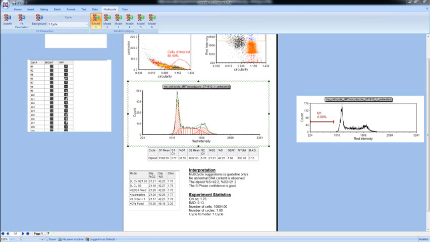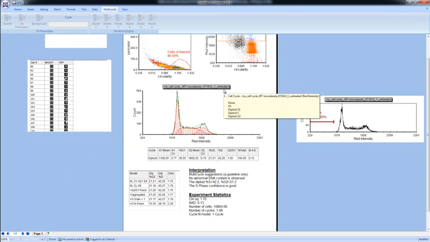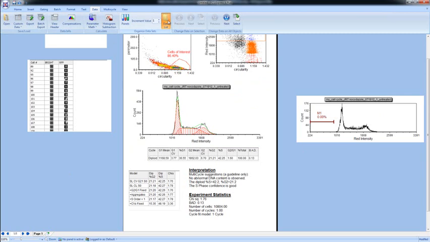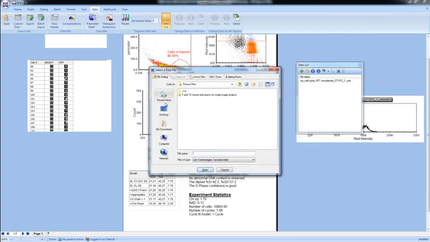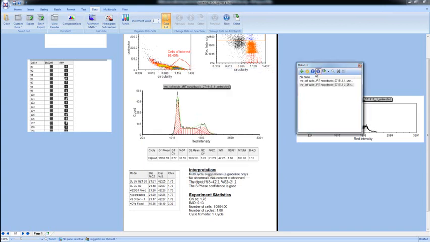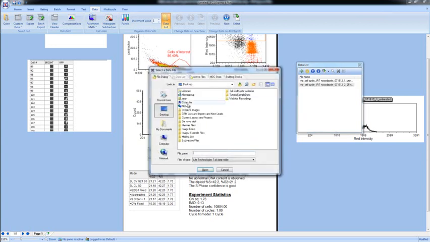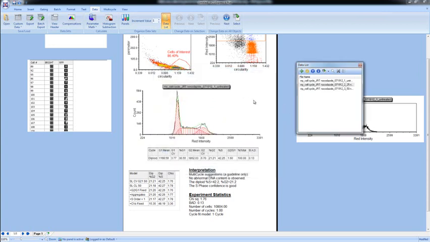Now, when you're working with any type of data or any type of samples, you're always going to have more than one sample, I would hope. Again, this is the untreated sample of a 3-part titration series. So if we want to analyze all of the data from that titration series, we don't have to do that one by one. We can very easily add this data to what we call our data list. So if we want to add our 25 nanomolar Nocodazole treatment and our 50 nanomolar Nocodazole treatment, we can quickly and easily pick those files, add them to our data list,